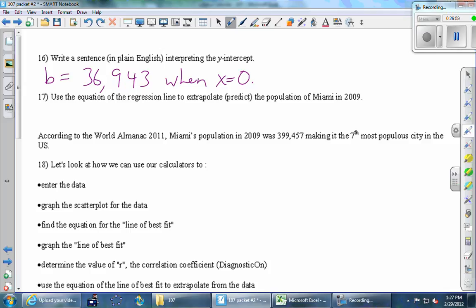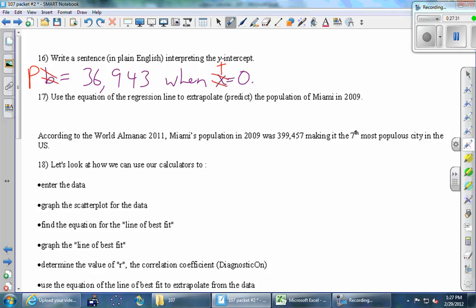Okay, I'm going to change it though. We don't have x. What do we have? We have t. So the y-intercept is 36,943 when t equals 0. I'm going to go ahead and cross off the b as well. b is like a y-intercept, but it's not y. What is it? It's really p. So if you just cross things off and put the right letters, again, you're almost all the way to the sentence. When time was equal to 0, the population was